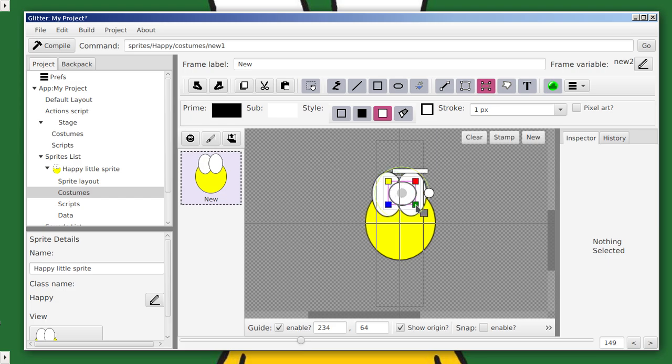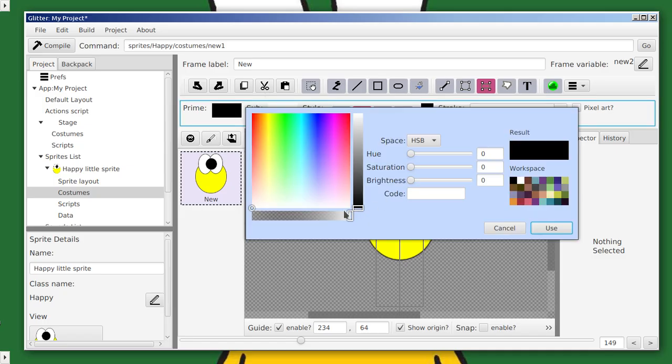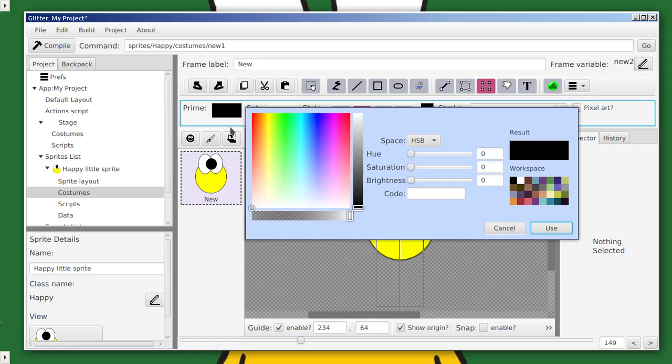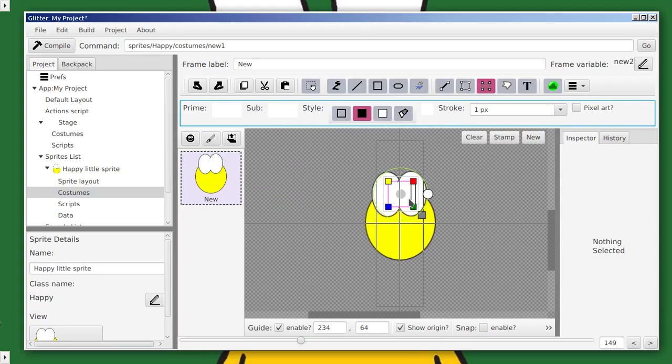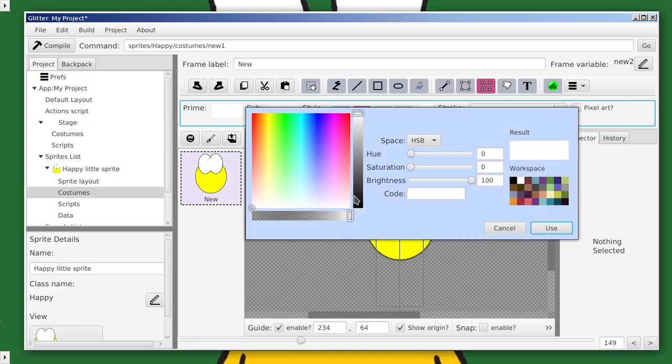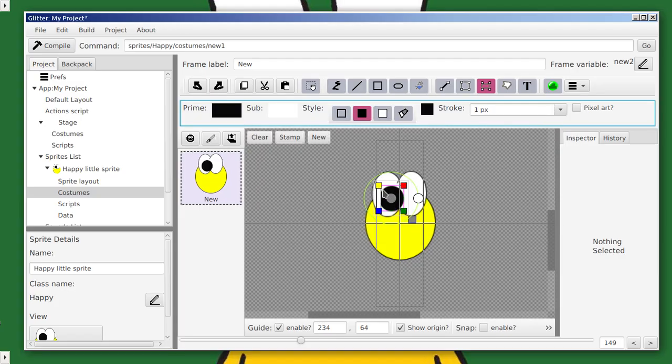And then we'll go into the middle. And we'll make that, and we'll do this white, or not. Okay, I'll just use white. Alright, so I'm just wanting to get rid of the middle. Alright, so now there's no inside part, and then we will change this to black, and then we will shrink